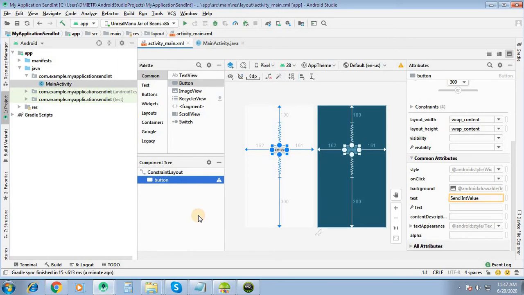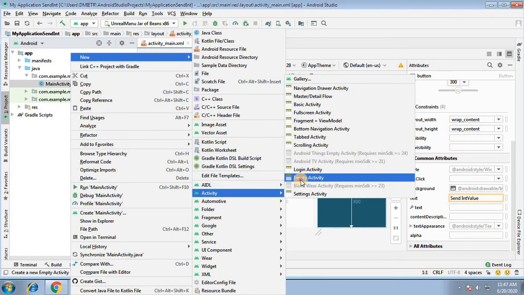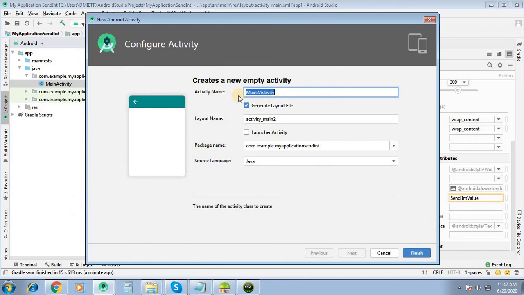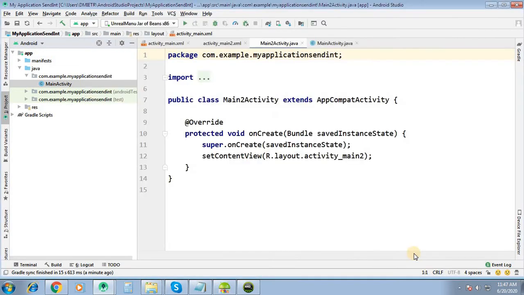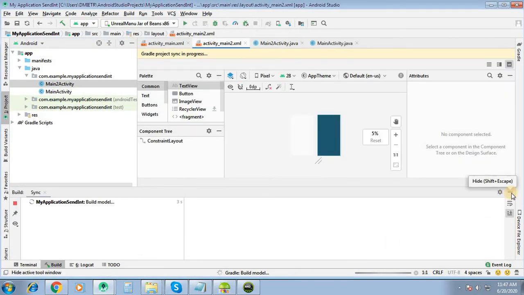We will add one more activity. Go to main activity, new activity, empty activity. This is your second activity, main to activity. Generate the layout file also and click on finish. So our second activity has been loaded.